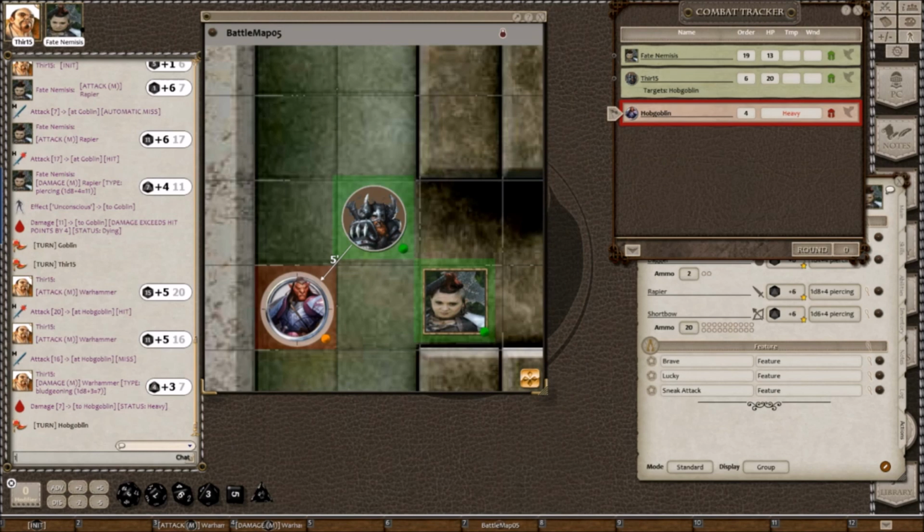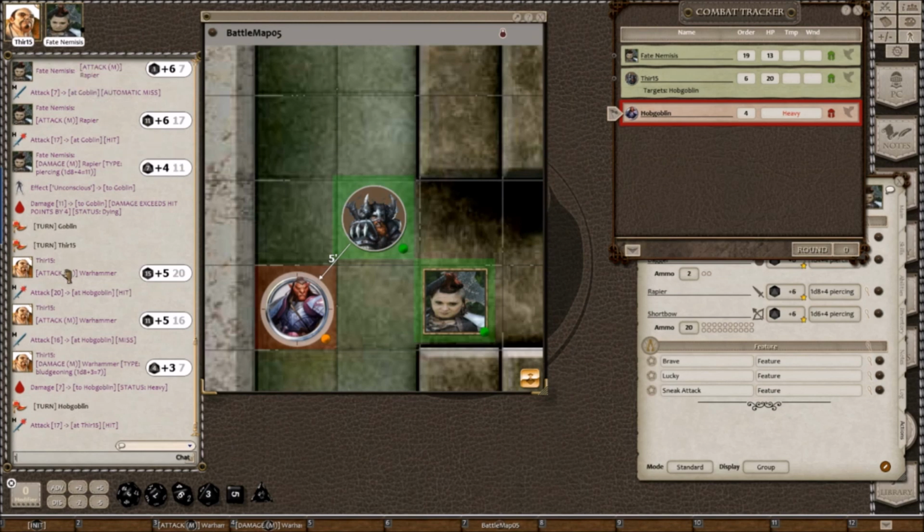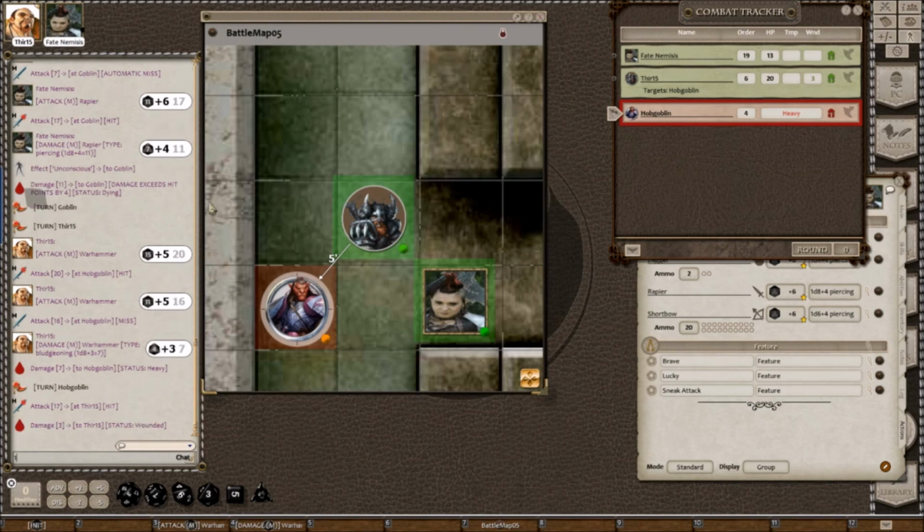The DM is going to do something very similar in targeting me and is going to attack. I have dice rolls hidden, so I don't know what he rolled. I just know that he hit me, and he did 3 points of damage to me. Notice my hit points. This hit points does not count down. This is my total hit points. This is my wounds. When my wounds become equal to,